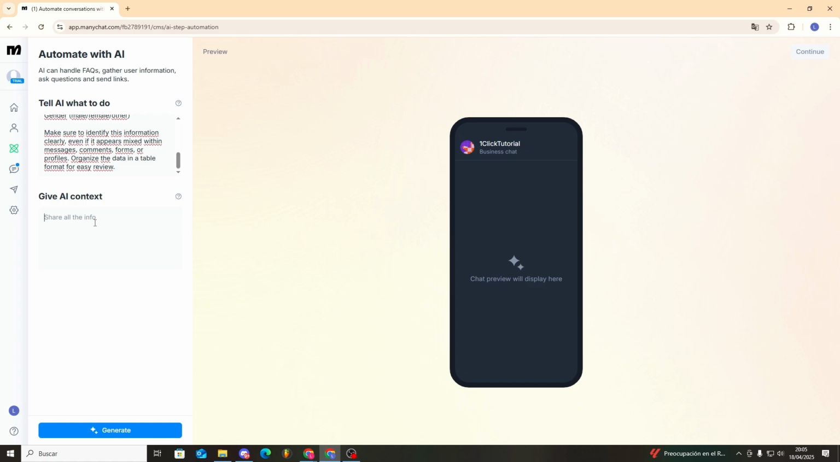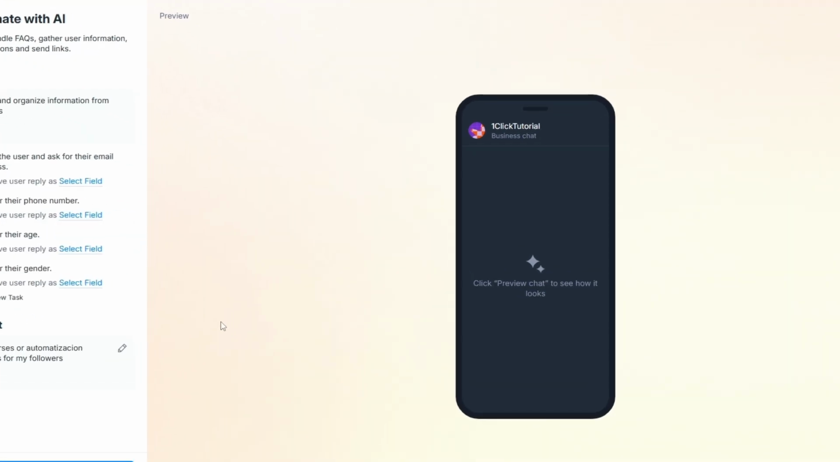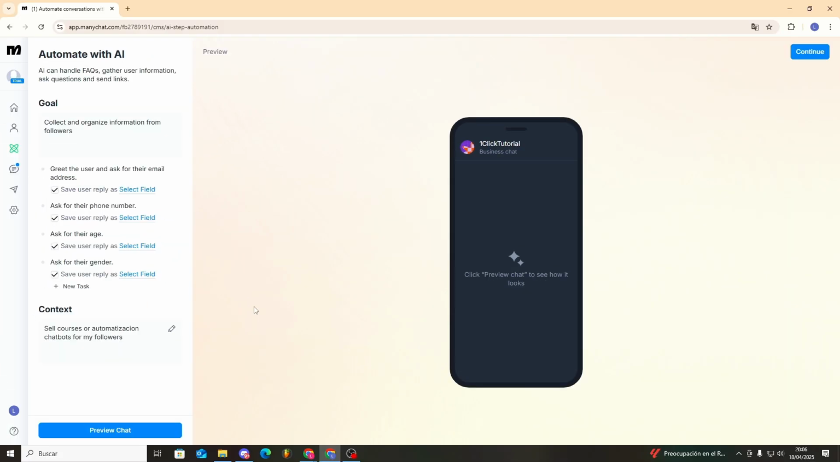We'll hit Preview Chat, but first we'll select where to save these files. We'll save the email in email, obviously, the number in phone. We'll add a new field for age, create it, set it, and make another in custom user fields for gender. With gender set, we'll hit create, and there it is. Finally, we'll click